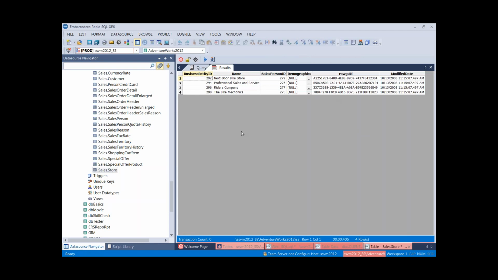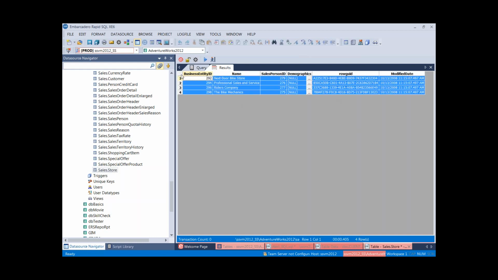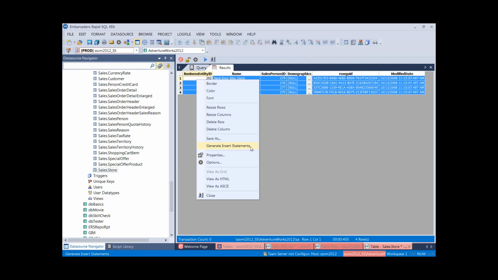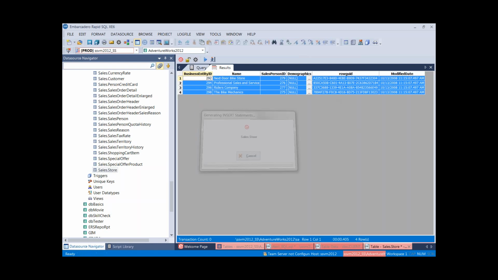So there's a couple ways of bringing data back. One method that I know a lot of customers like is the ability to generate insert statements right from within the results. And this is only applicable if you're using a single table. So here, I can highlight those four, right-click, generate insert statements from here. If I select that,